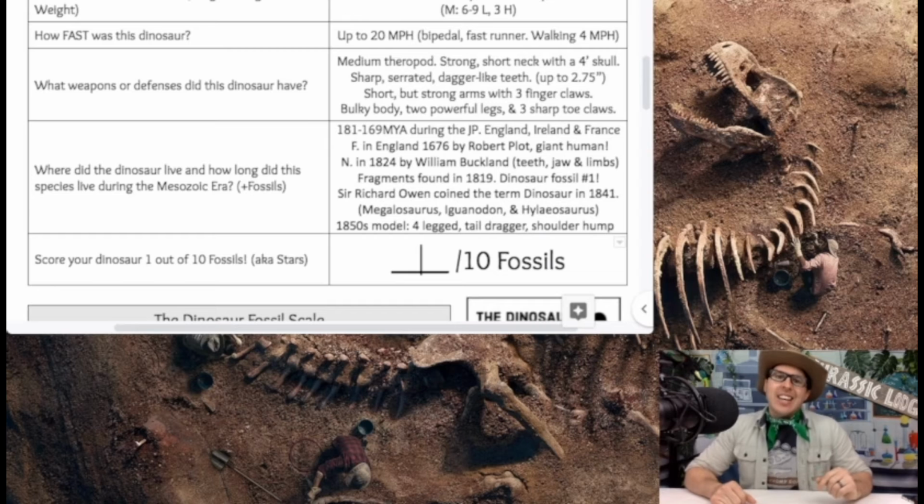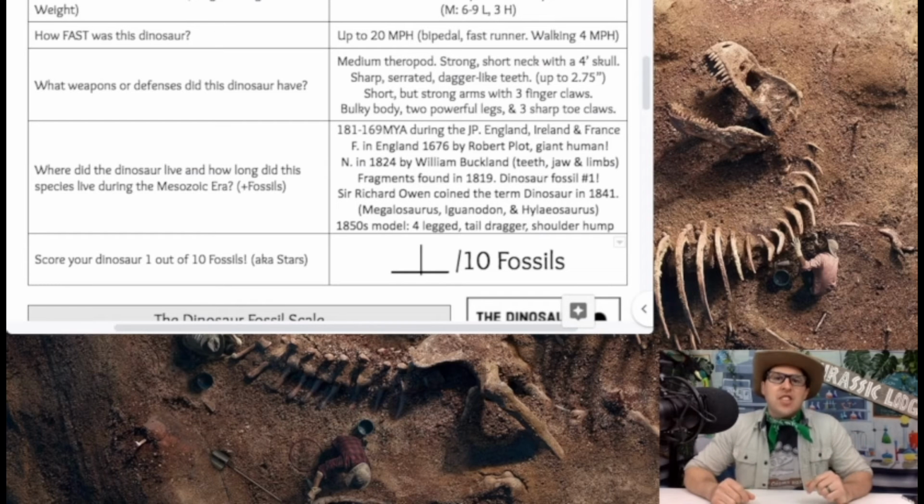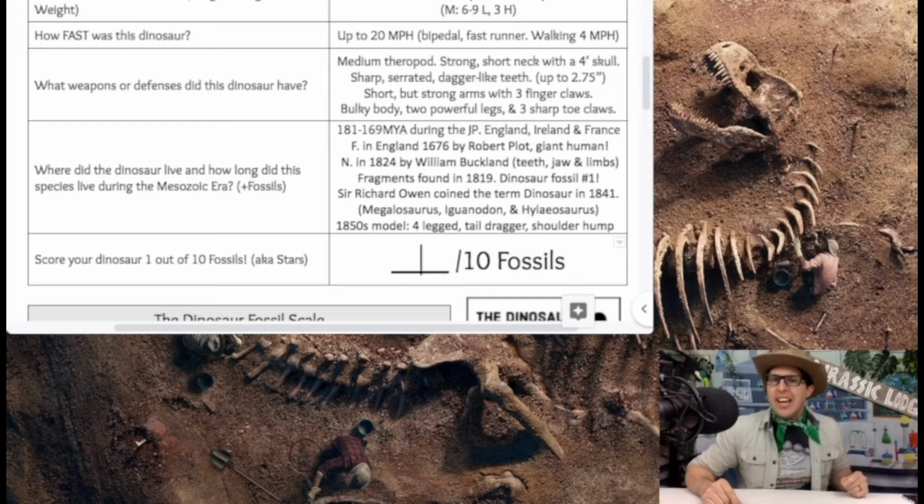Now, it was found in England in 1676. That's right, 1676, by Robert Plot. And originally they thought maybe it was a giant human or maybe some elephant bones that had come up from Africa. Now, it wasn't named until 1824, so almost 150 years later, this creature would finally be named by